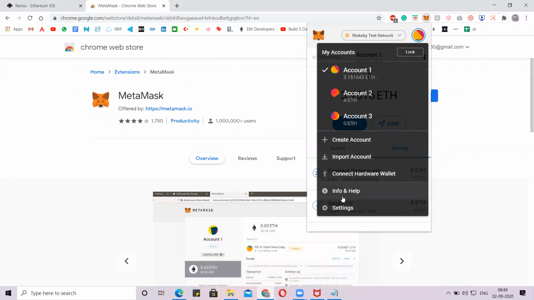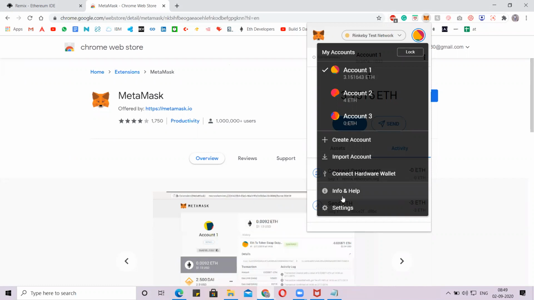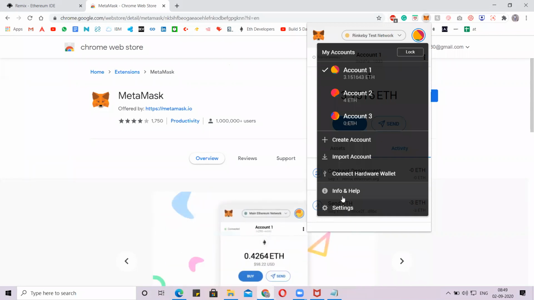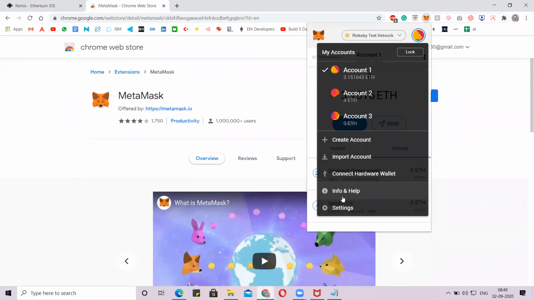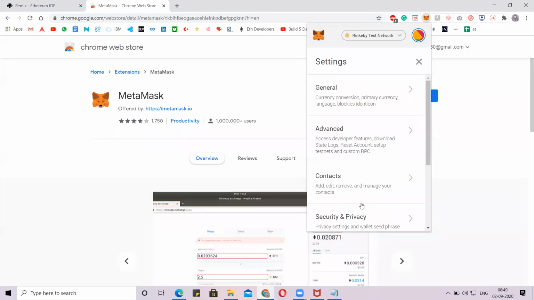Don't do anything else, I'll let you know what you have to do next. Just create the MetaMask account. I'm telling you again, guys, just create the MetaMask account. Save the mnemonic you get. Don't forget the password. Always remember the password. If you forget the password, there is no way we can retrieve the account. Is that clear to everyone?